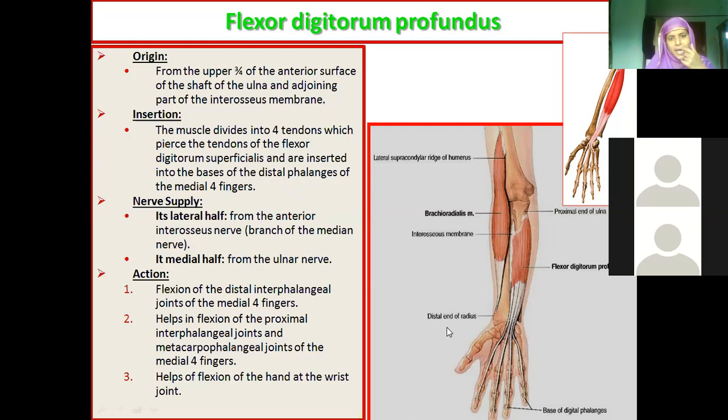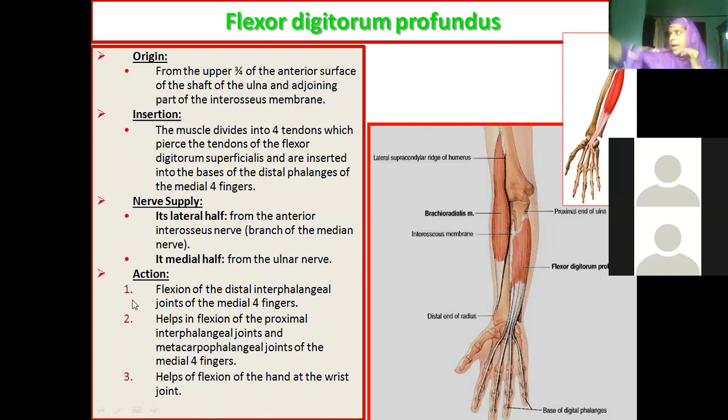Now let us see the action. Nerve supply: I told you for flexor digitorum profundus, the medial half is supplied by the ulnar nerve. Rest all, big bulky muscle, no? Rest all is supplied by the median nerve only. Blindly, if you write median nerve for the flexor compartment, you can just write that flexor carpi ulnaris is supplied by ulnar, rest all are median, which is also correct. Because it is a hybrid muscle. Hybrid means what? When the muscle has dual nerve supply, if it is supplied by 2 nerves, then it is called a hybrid muscle. Okay, beta? This is supplied by 2 nerves. Laterally the median nerve, medially the ulnar nerve.